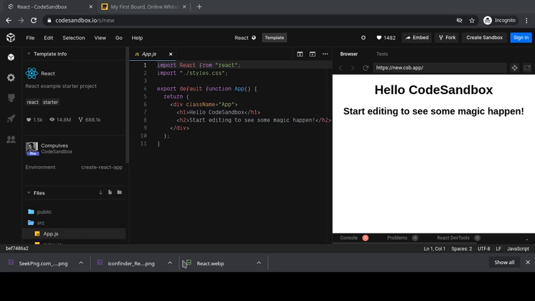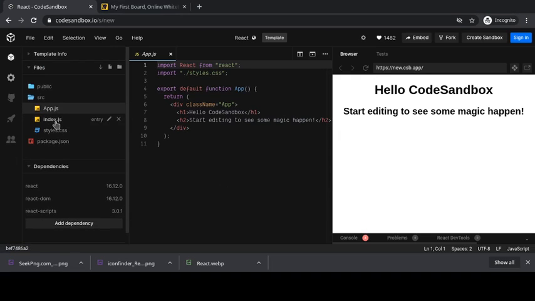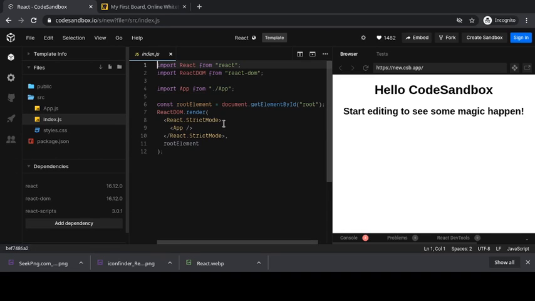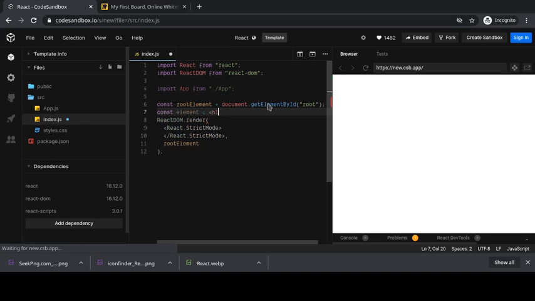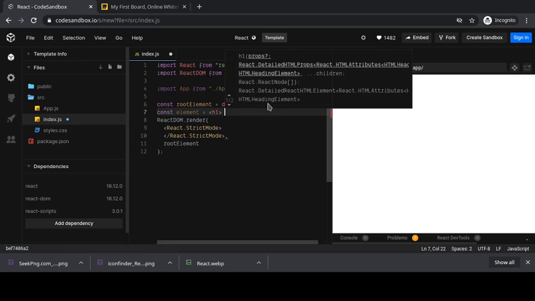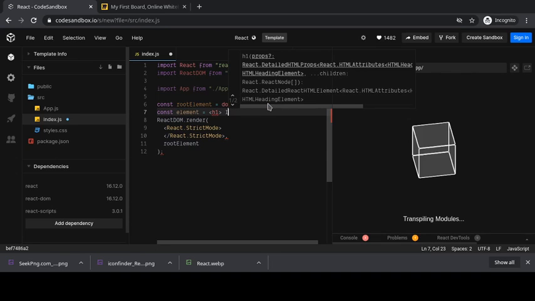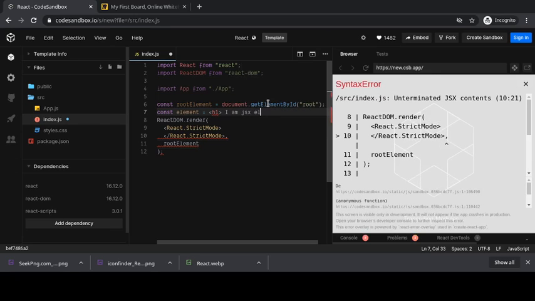Now, I'm opening my browser. In the browser, I'm going to the default index.html page. Here, instead of app, I'm going to render something, the same thing that we had done yesterday. Oops, I am a JSX element.